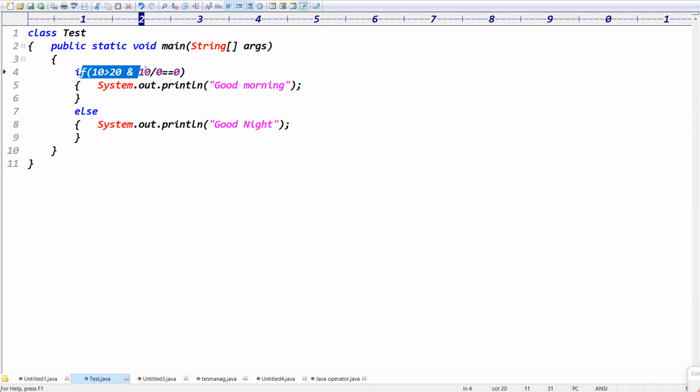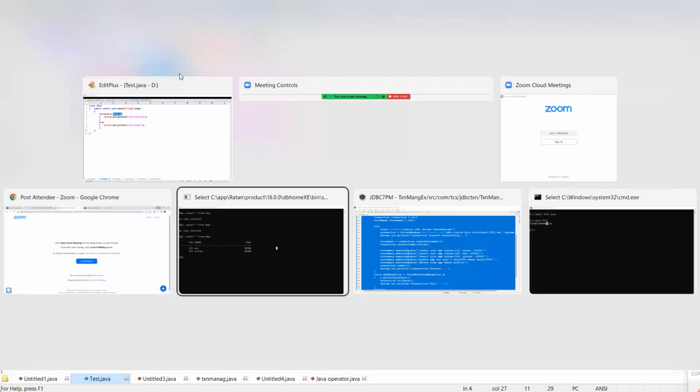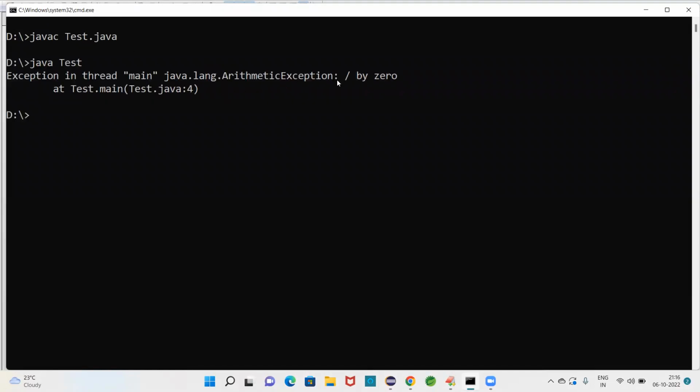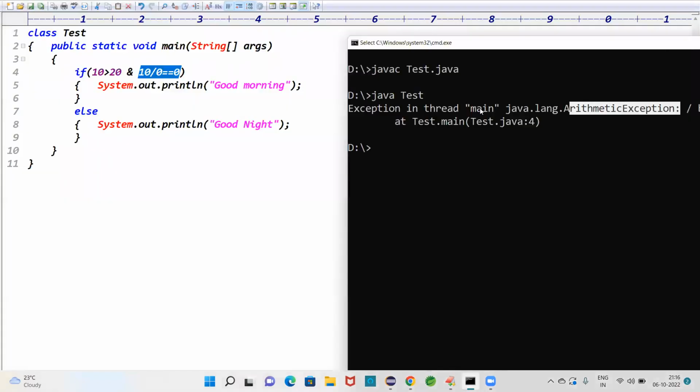Bitwise and means both conditions will be executed. Both conditions executed means what? The second condition is generating an exception, right? If the second condition is generating an exception, then what does the application do? Test2.java: the code compiled fine, but we got an exception, because intentionally I made the second condition throw an exception to show that the second condition